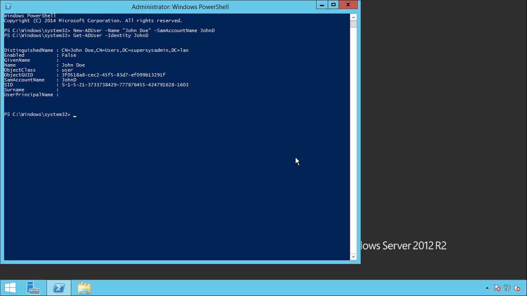So we first retrieve again the user with Get-ADUser -Identity JohnD, and then pipe through to Set-ADAccountPassword -NewPassword. Now we cannot just type a plain text password, as PowerShell will not allow us to pass a plain text password to Active Directory. So we use ConvertTo-SecureString and then a string with our password